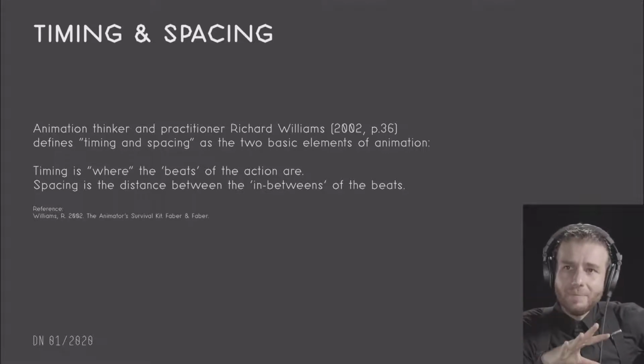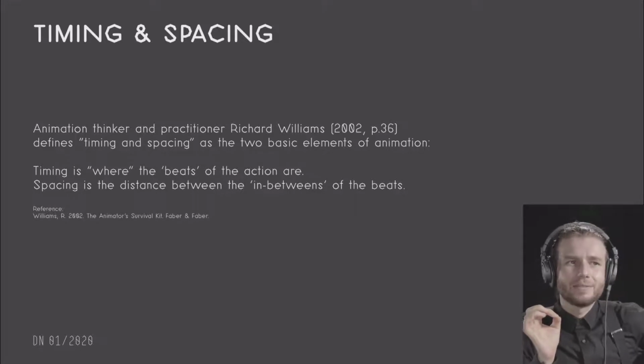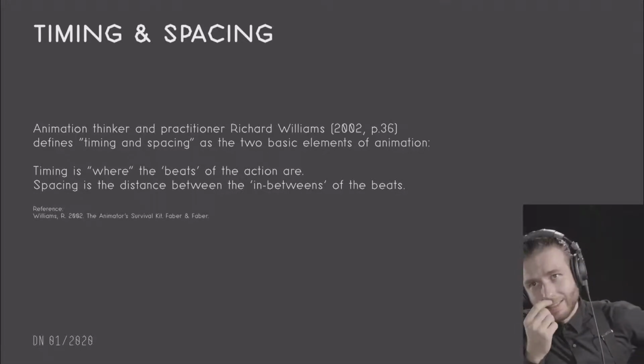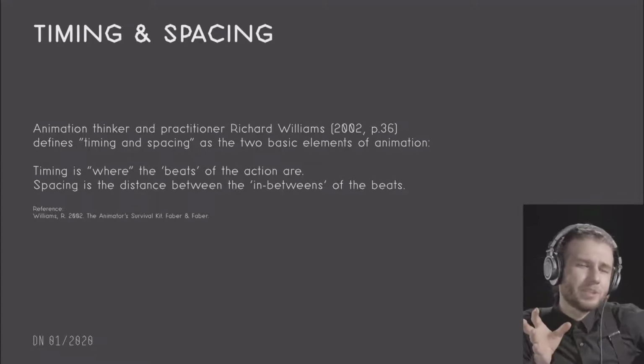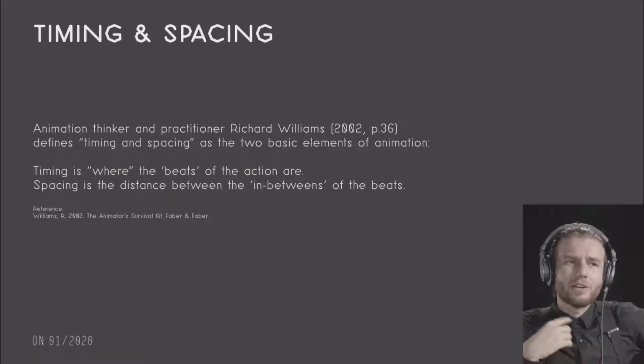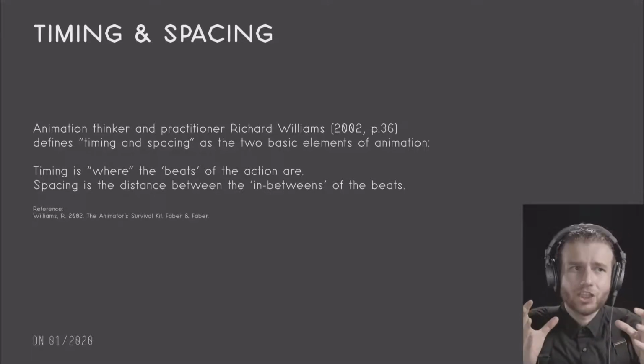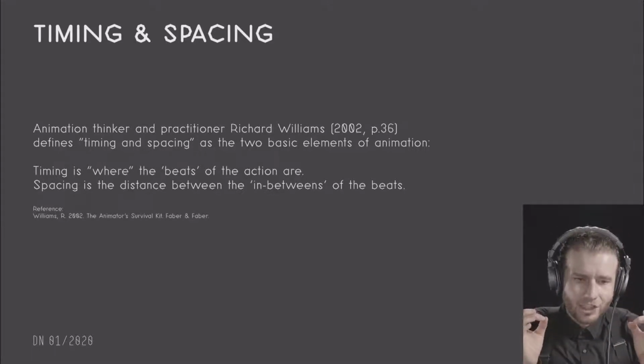Okay, so timing is where the beats of the action are, and spacing is the distance between the in-betweens of the beats. Okay, so let's digest that. There's something that has to do with time, has something to do with space. Really here, spacing is just a version of time. Okay, if you have an action, an animator sees this action as composed of beats,